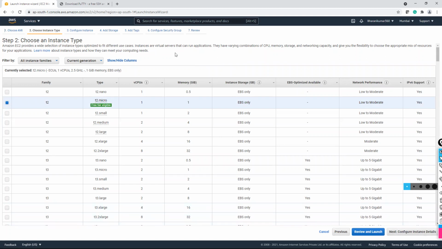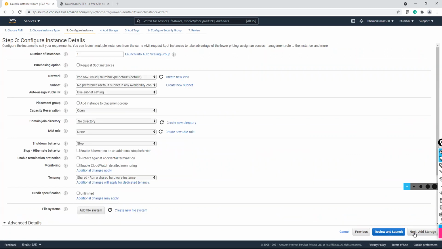Up to 5 steps, you can go with default options only. Next, configure instance details. Keep it as default here, we don't need to do anything. No, you can enable if you are using your VPC default. Subnet default setting will be enable only. You can choose enable or you can leave it as is also for now. Okay, I will leave like this.